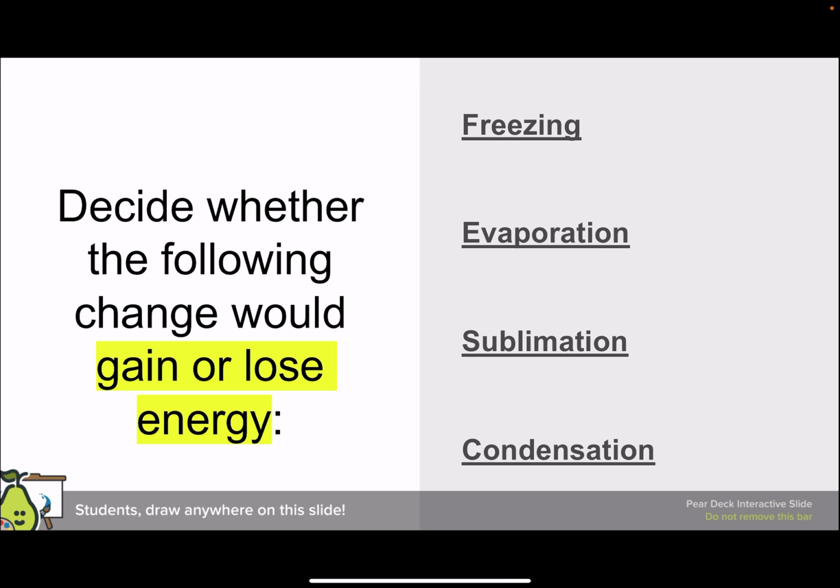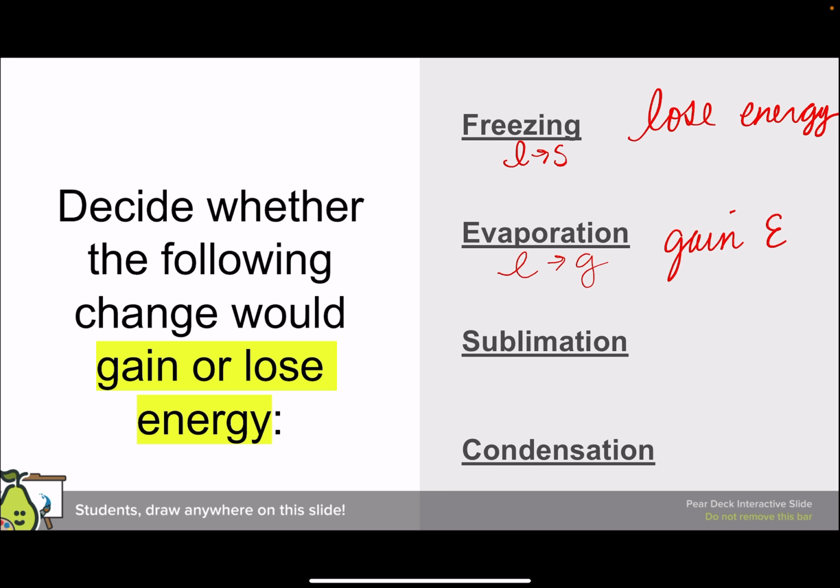So if we're looking at freezing, that means we're going from a liquid to a solid. And we're going to see that that's going to be losing energy because we're going from something that's more free-flowing to something that's more rigid. Evaporation, that's going from our liquid to our gas. So we're going to see that's gaining energy for it. Sublimation is our solid to our gas, skipping the liquid phase. That's going to be gaining energy for it. And then condensation is the opposite of evaporation, going from our gas to our liquid, and that's going to be